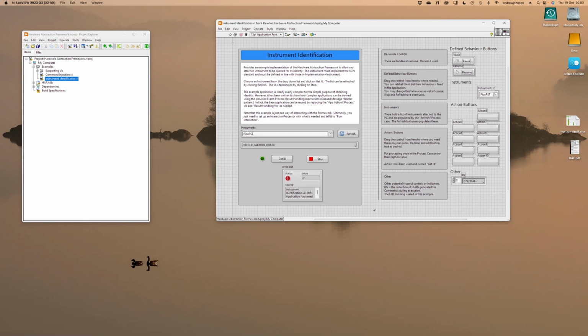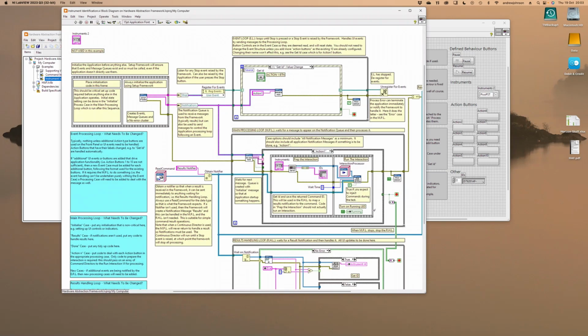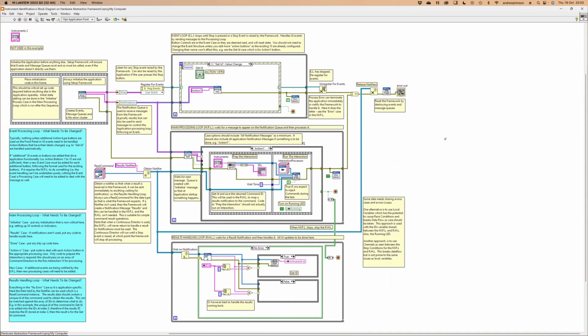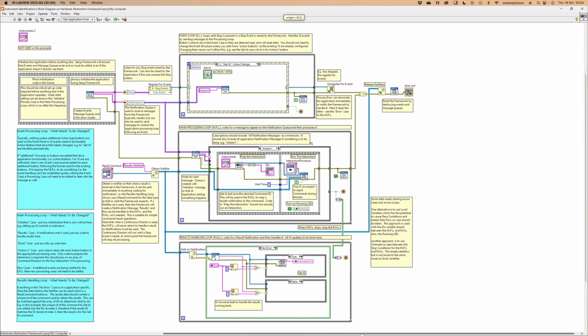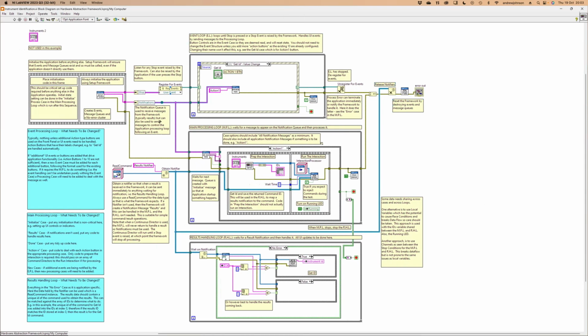Okay, so the block diagram. Let's make this slightly bigger. You can pause the video and read the commented text on here. So this is the front level VI of the application I have. As I say, it's an example application, and